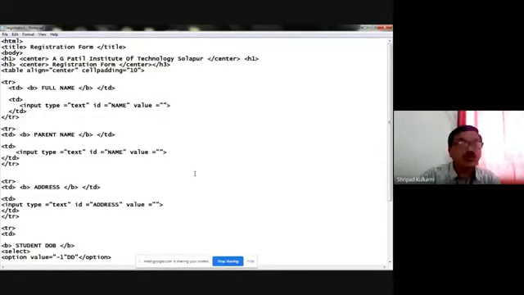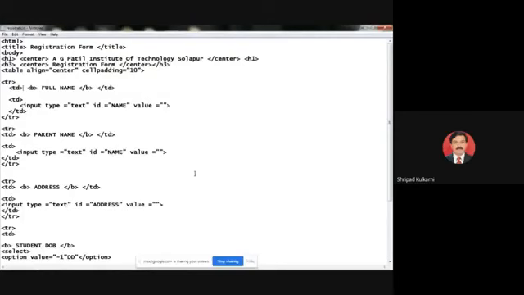That is the TD. Again, we have used B here also. What is the use of B? B means bold, so it will definitely display in the bold manner.